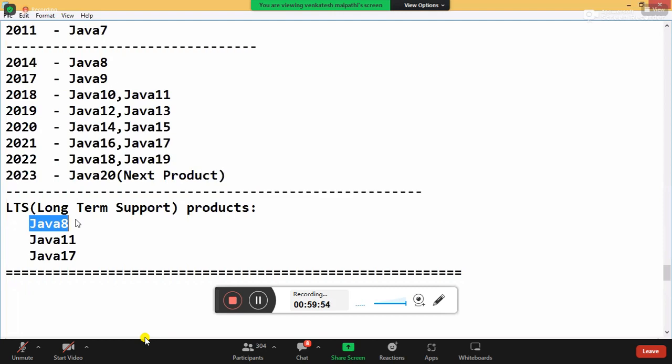The domain will not be stopped in the middle because of the language part. The advantage of language is it will not be stopped. Tools, they'll change. Today one tool will come, tomorrow another tool will come, day after tomorrow another tool will come. Language always remains language only. Language will not be changed.